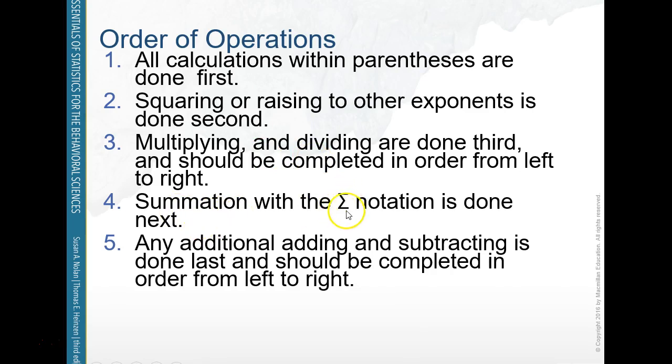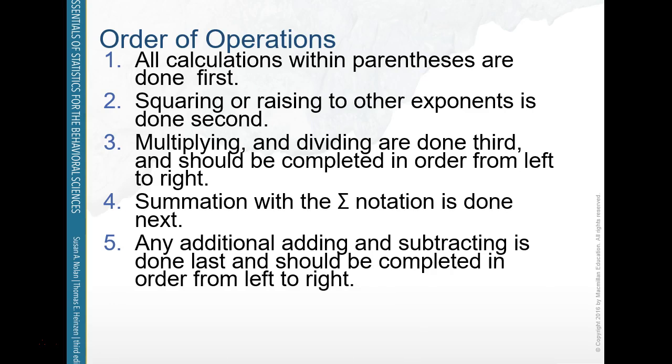Summation, and we use this sigma as a summation notation, that's done next, and then any additional adding and subtracting. So I will tell you that the math that we do in statistics is not hard math. All you're going to have to do is add, subtract, multiply, divide, square, or square root. That's as hard as it gets. There are sometimes many steps, so you've got to be able to go through all the steps, but it's not